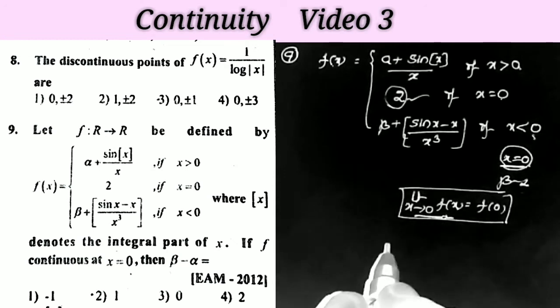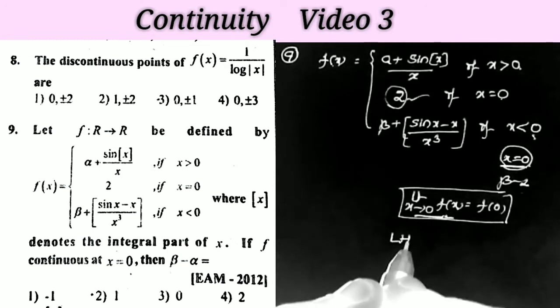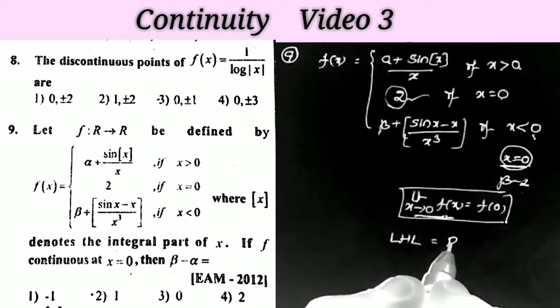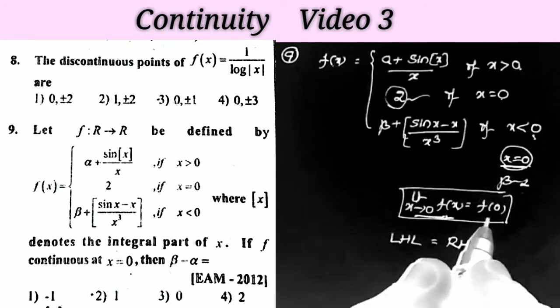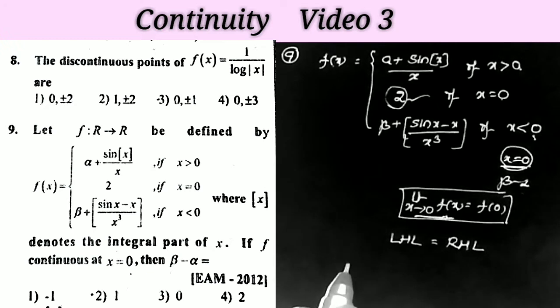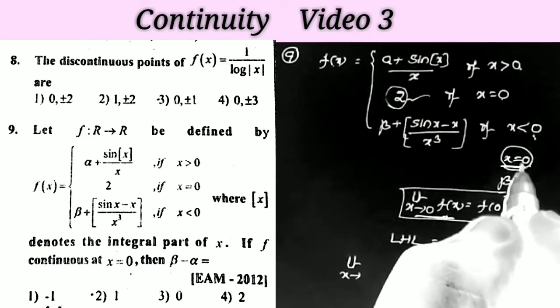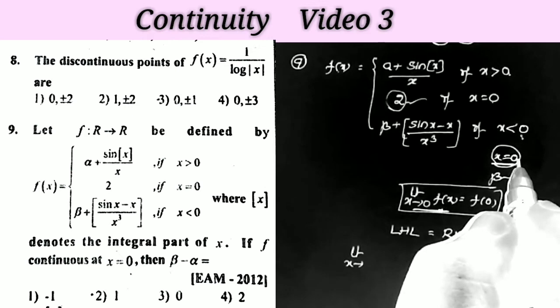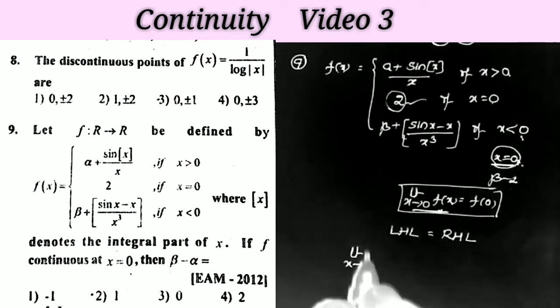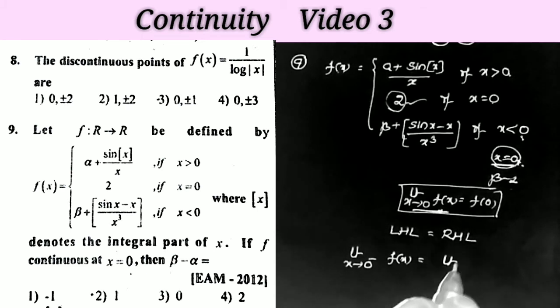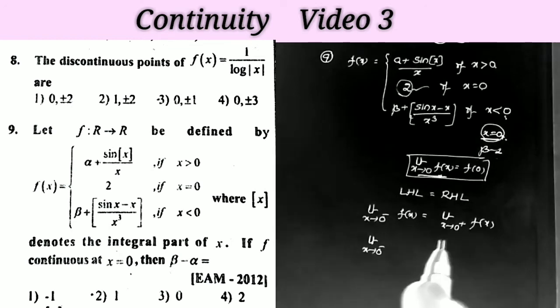The function is continuous means left hand limit is equal to right hand limit. Since the function is continuous, left hand limit is equal to right hand limit. What is the left hand limit definition? Limit x tends to a minus of f of x. But what is the value of a here? Given that the function is continuous at x equal to 0, a is equal to 0. So limit x tends to 0 minus f of x is equal to limit x tends to 0 plus f of x. Now replacing the function's values, limit x tends to 0 minus,